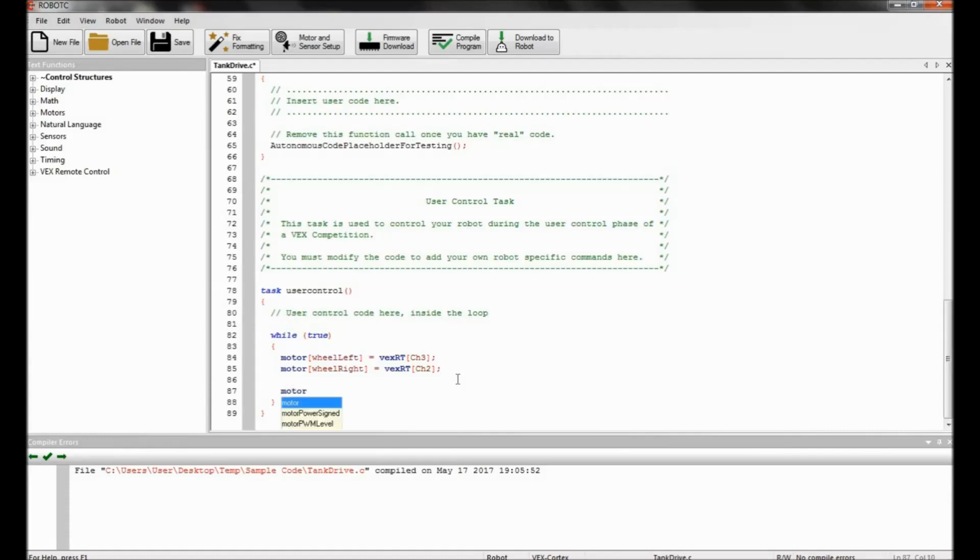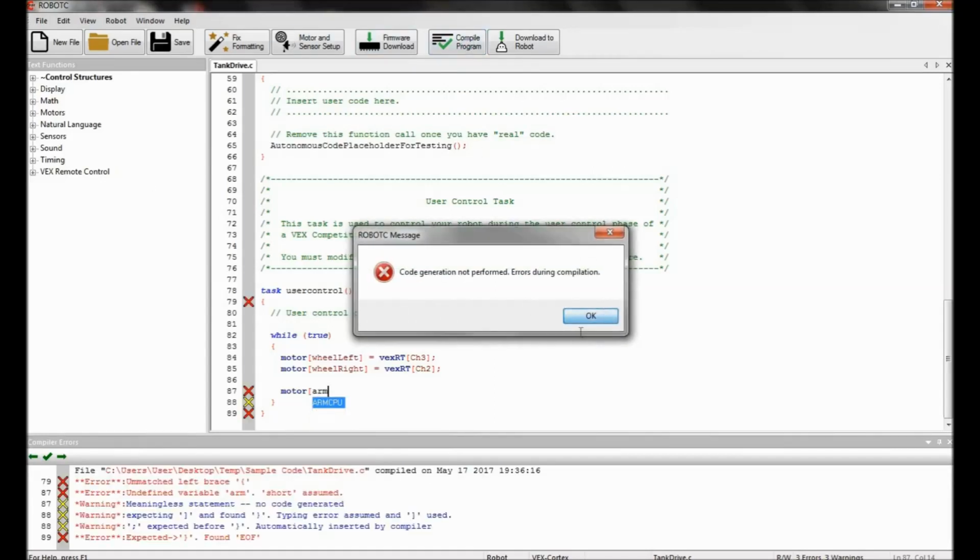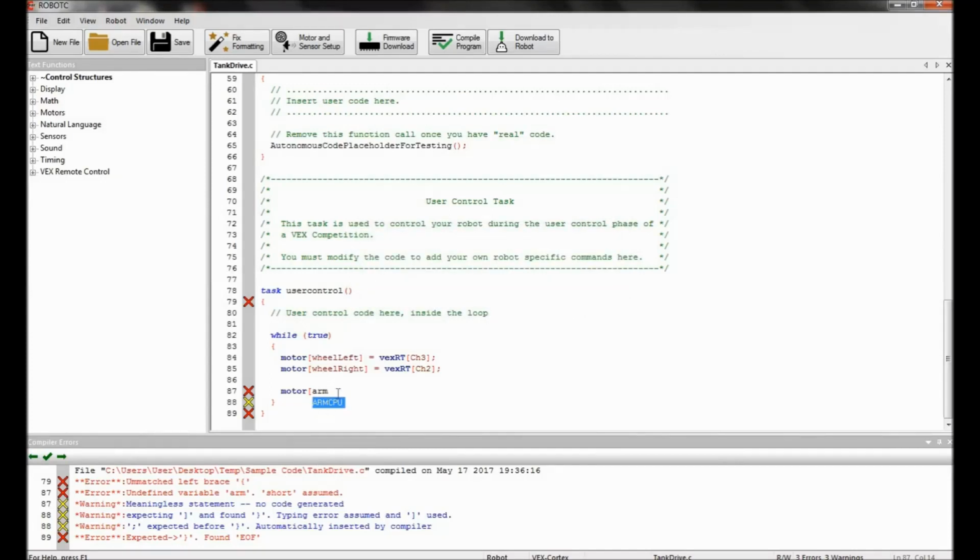So we write the code similar to before, where we say motor, and then we say the name of the motor that we put in the motor and sensor setup. Let's compile it first to get the name. Ignore those errors, they will be fixed right when we're done. And so we named it arm right, and so we call that motor command, and then we set it equal